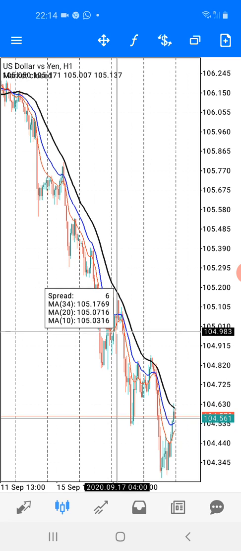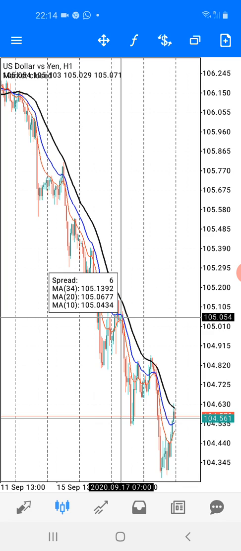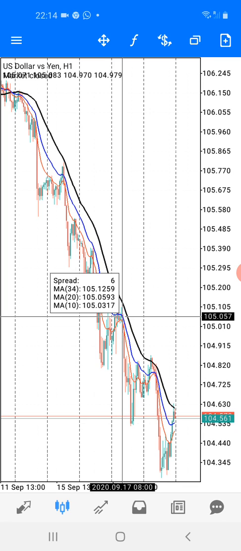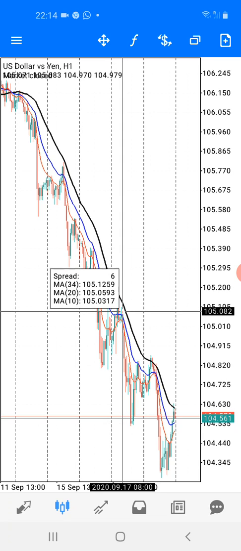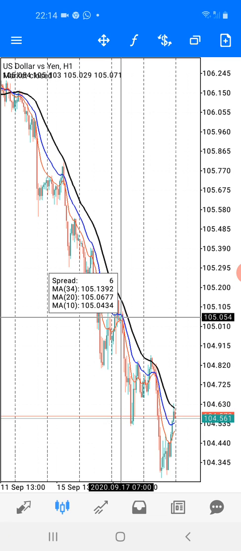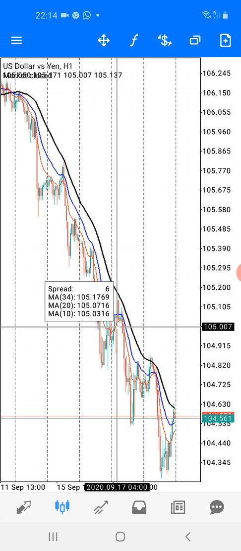So long as the 10 moving average did not cross with the 20 moving average, even if it does, wait. So long as the two of them did not cross with the 34 moving average, it also signifies that the market is heading down. And one more thing that is very important,